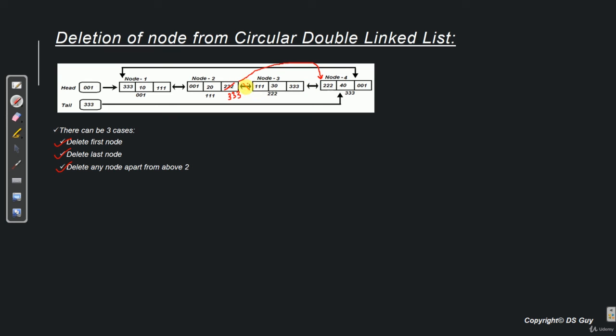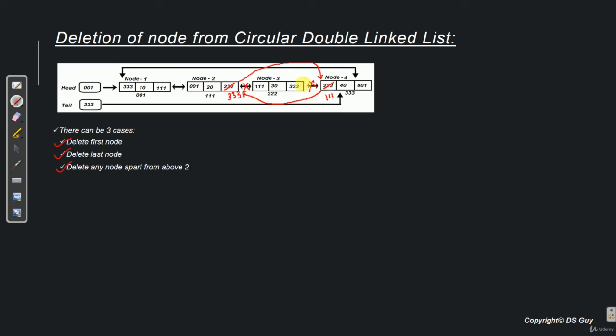It also disconnects node 2 and node 3. Now the next step is we update the previous reference of node 4, make it 111, which is the address of node 2. So this will create a connection between node 4 and node 2. This will also disconnect node 4 and node 3.